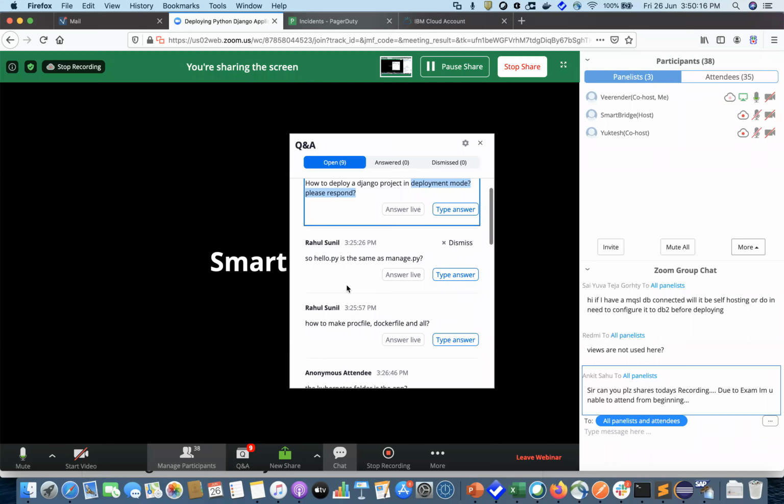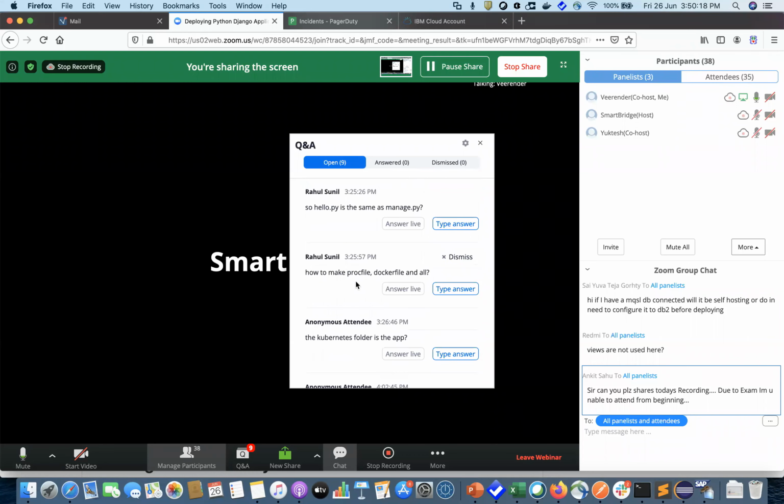Okay, how to make a Procfile, Dockerfile and all. Why do you need a Dockerfile? You can push this application as a Docker image onto Kubernetes, but I think that's a completely different topic altogether. We are not trying to build Docker images and container images and push them onto Kubernetes.